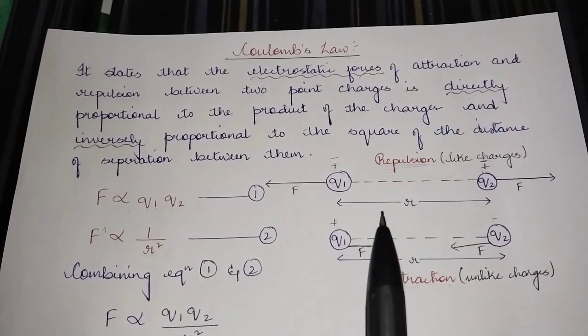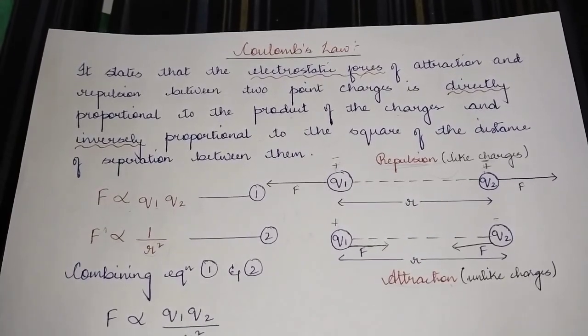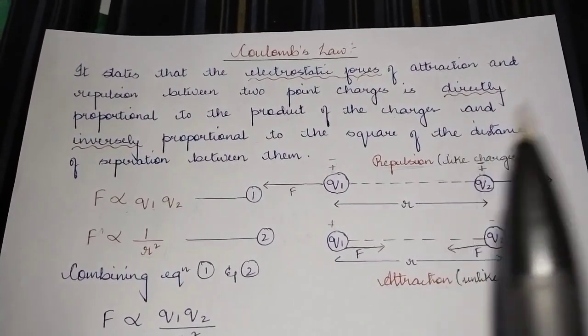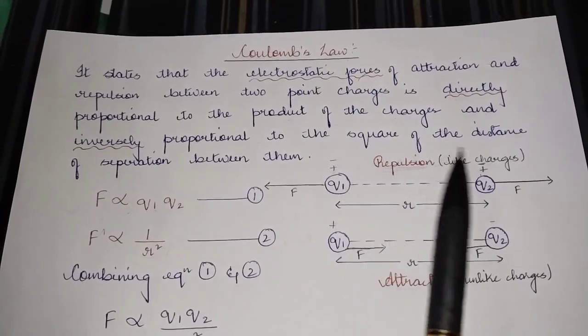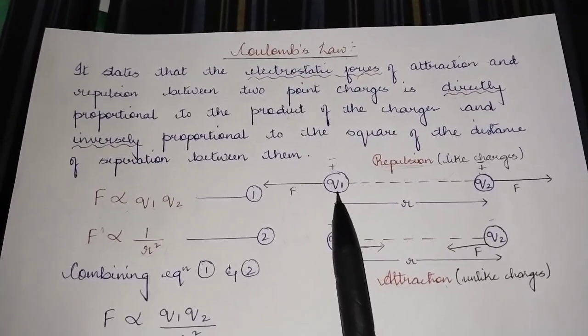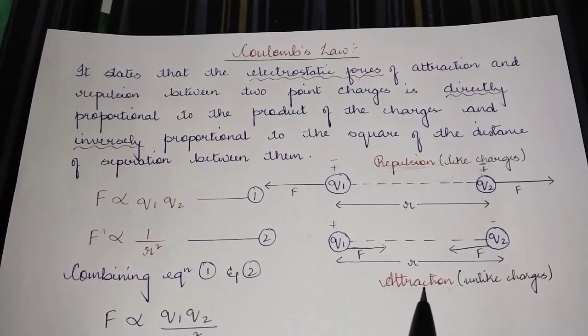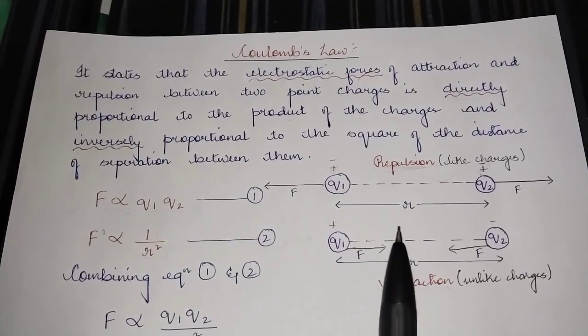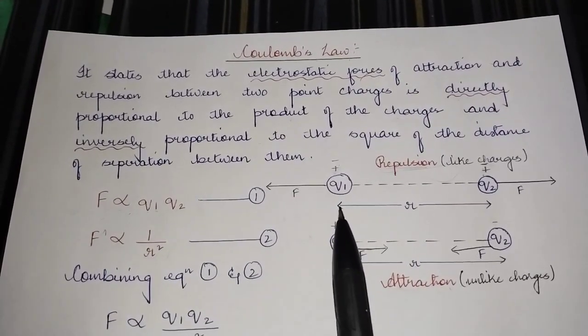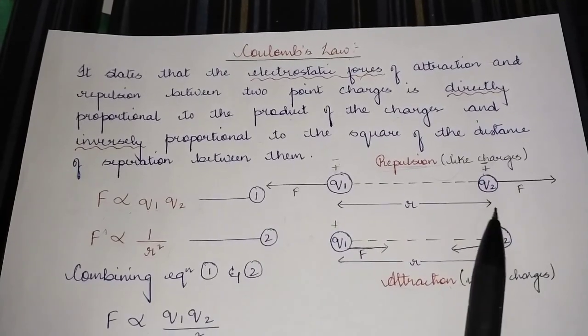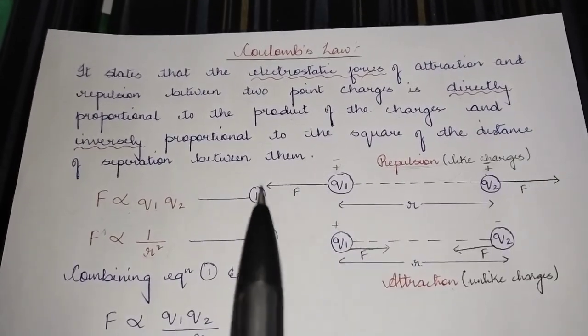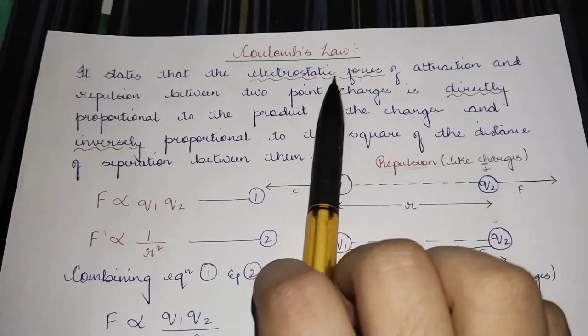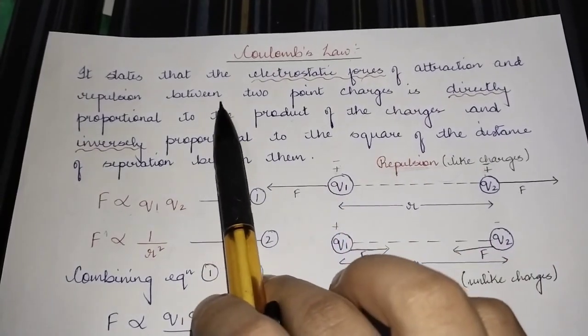these charges will be experiencing either an attractive force or a repulsive force between them. It will be experiencing a repulsive force when both of the charges are the same in nature, and it will be experiencing an attractive force when the nature of the charges is opposite, one being positive, the other being negative. So that being said, Coulomb says that the electrostatic forces of attraction and repulsion